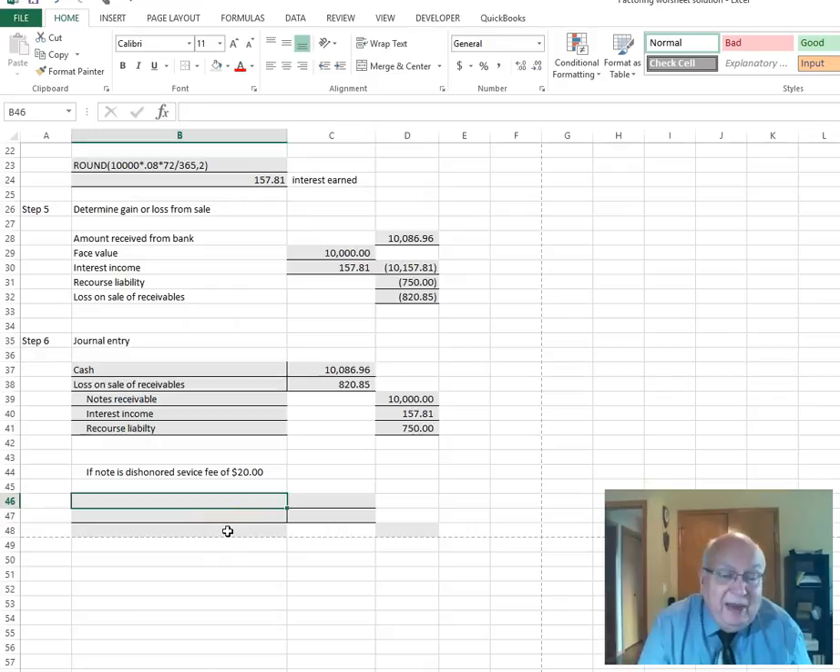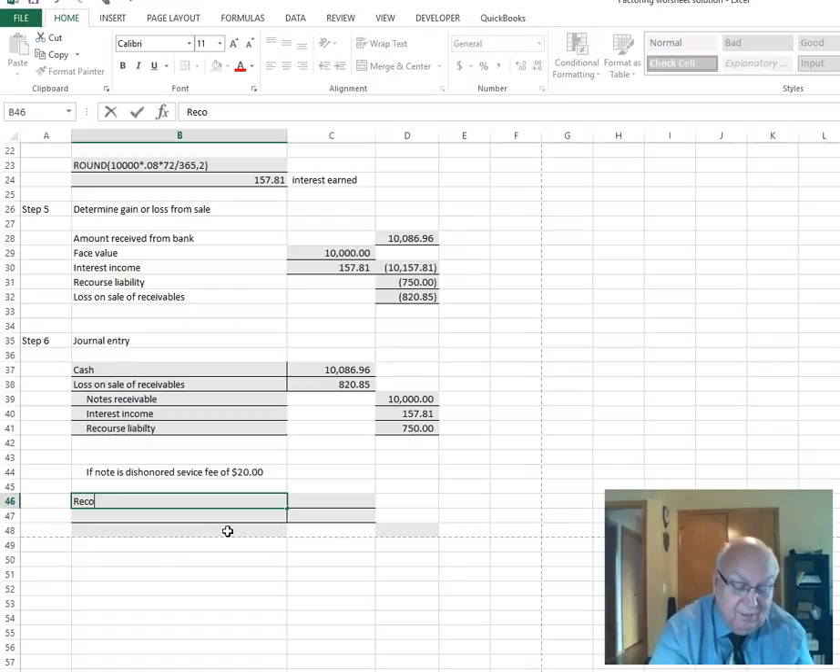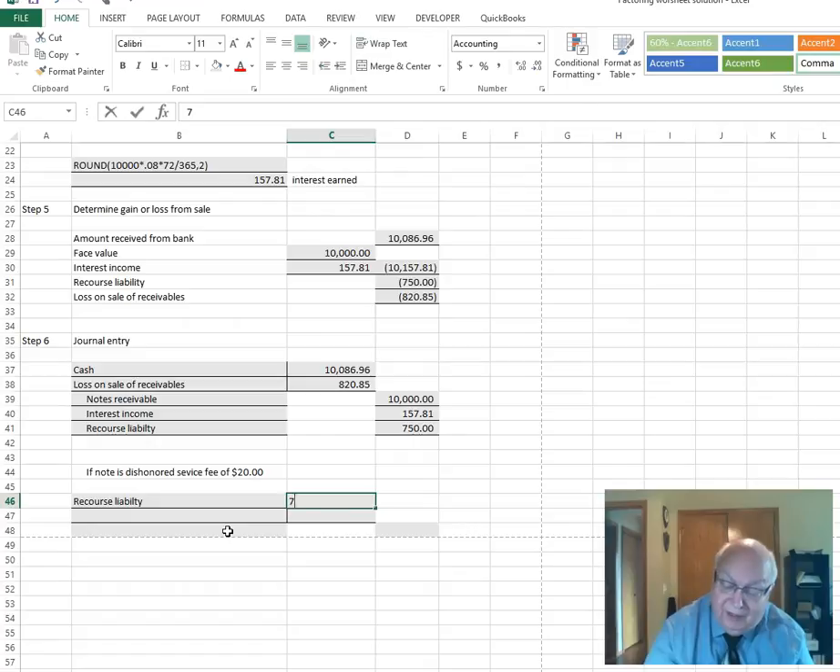If they pay the note, then you'll debit the recourse liability and credit your loss on receivables, because that will reduce your loss by $750. If the note's dishonored, the bank is going to charge you an extra $20 service fee. So you would debit the recourse liability for the $750,